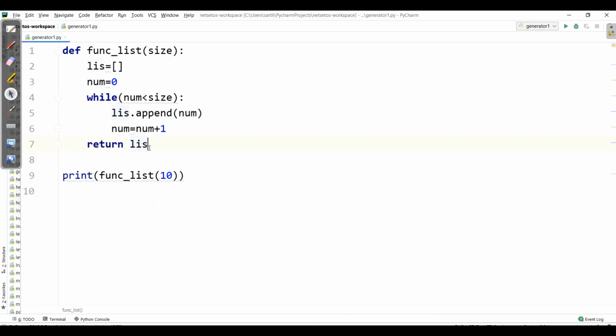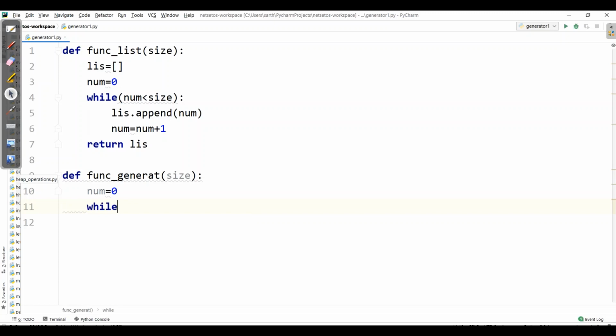Let's define it for generator also. I'll take def func, instead of list I'll say generate, and here we have size. Here also we will take num is equal to 0.